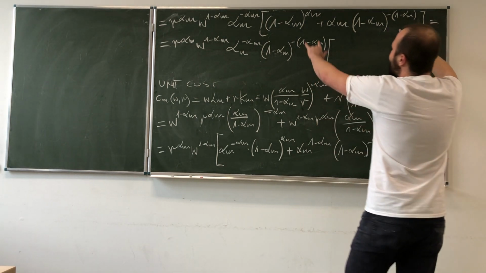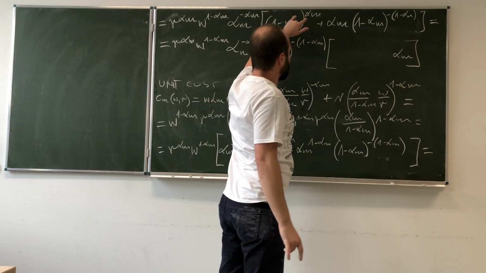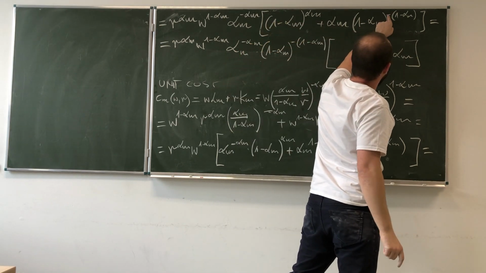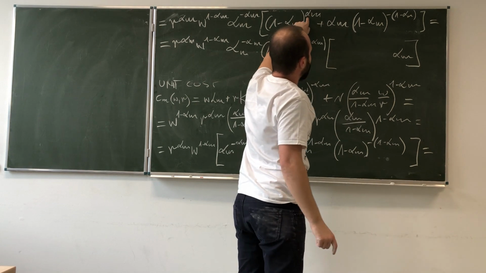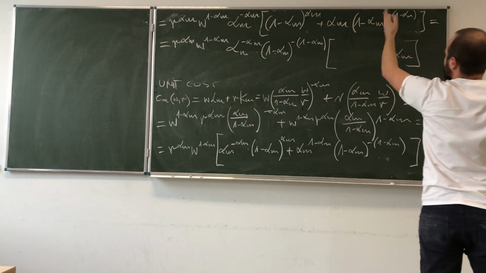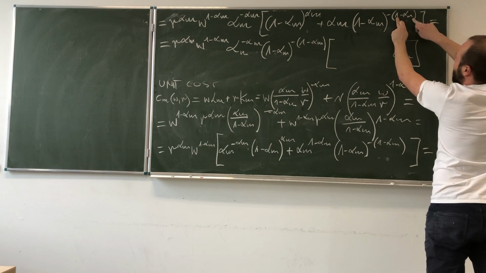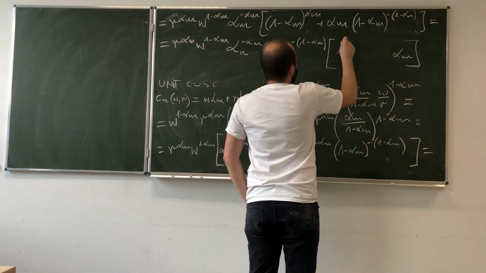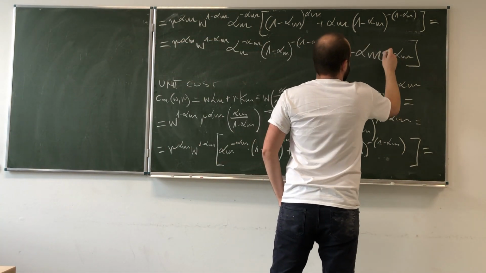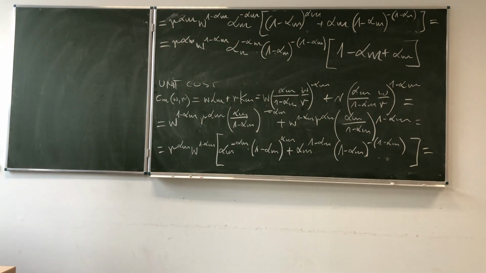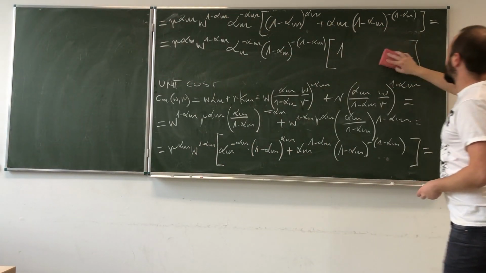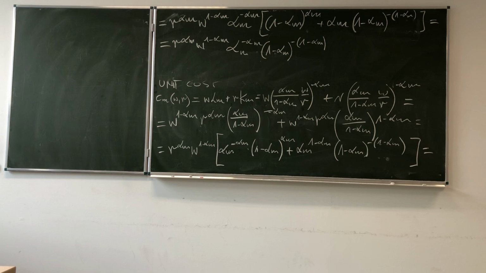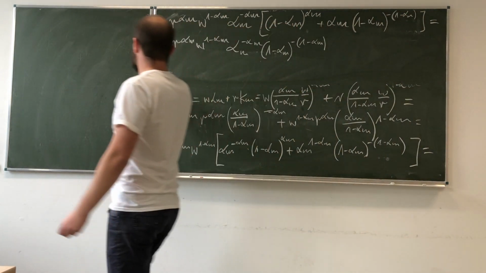And now look, if I'm going to take this part out of this, what do I have to do? I need to add this expression here. But look, if I add this, it's 1 minus alpha m, it just turns into the power of 1. So what I've got left here is 1 minus alpha m plus alpha m. And we clearly see that those cancel each other out. Here we have 1. So over here, we finally arrived at the final solution.